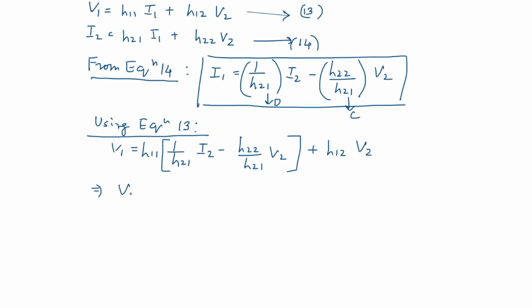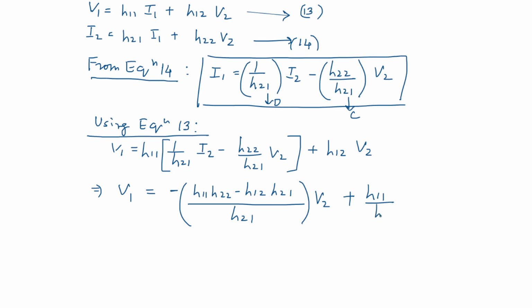So if you simplify, V1 is equal to, so first calculate V2 part, so it will be minus H11 H22 minus H12 H21 divided by H21. So this is first thing, into V2 plus H11 by H21 into I2. So this is our second helping equation,